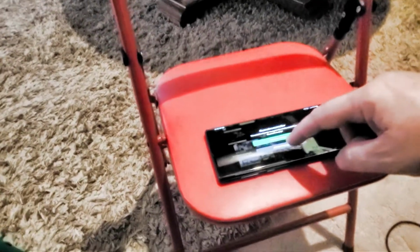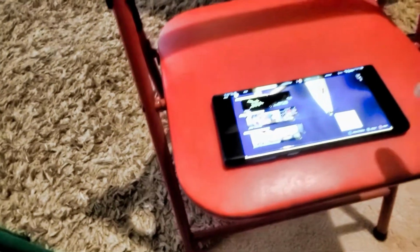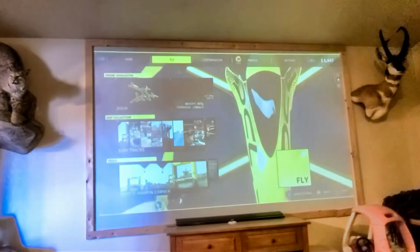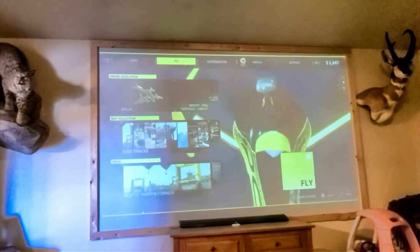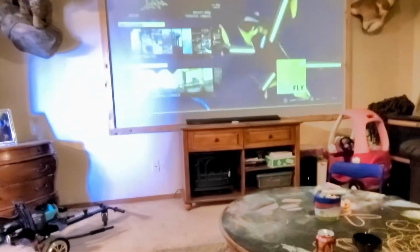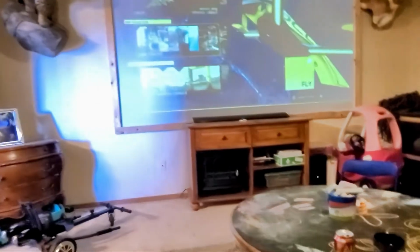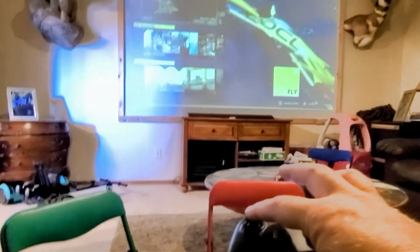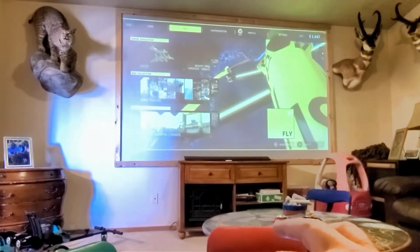So anyways, I just continue here. So here you're seeing exactly on the phone what my projector is showing from the Xbox. Pretty cool. And then using my remote, of course, I'm probably using the wrong one here. I'm not much of an Xbox guy. So there, you can see we're connected to this normal remote. So my thinking was, what if I hook my DJI remote